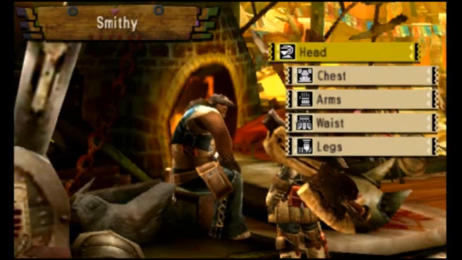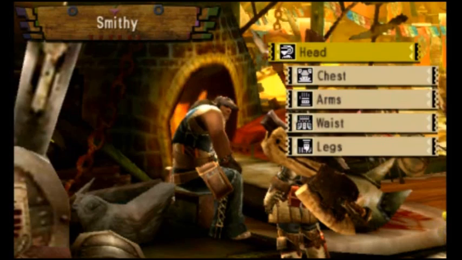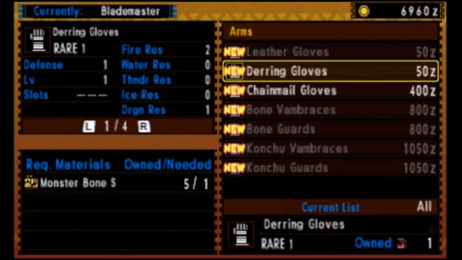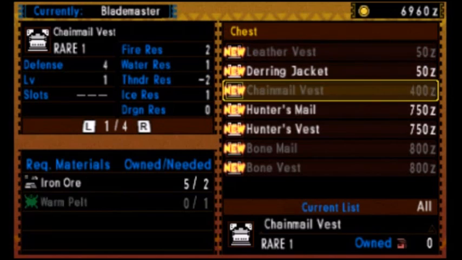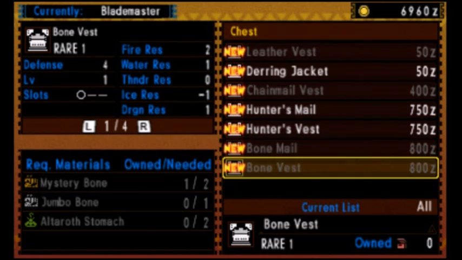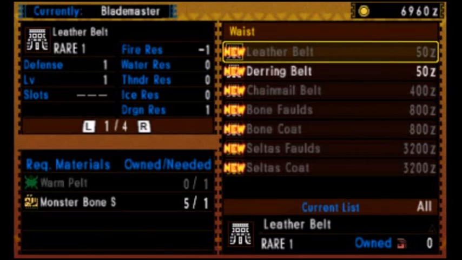Now, shall we? Alright. Well, Mr. T, I don't think I have much I can upgrade. We can't really make any weapons or armor. But we can take a look at their stats really quick. It looks like we're able to make pretty much bone everything. Or it's unlocked, but we still need jumbo bones and all that kind of junk. What I'm really concerned is...